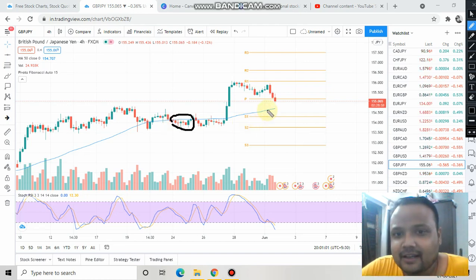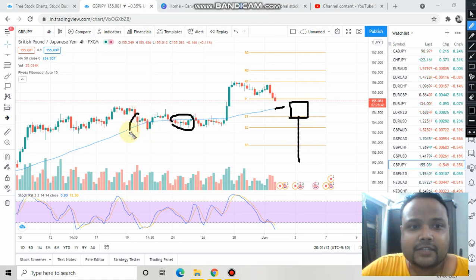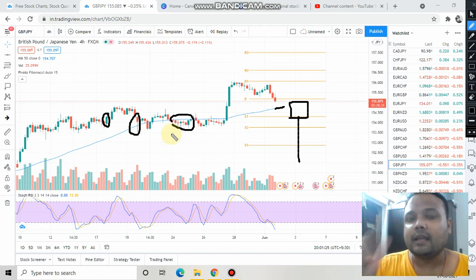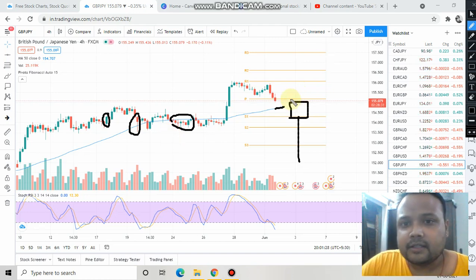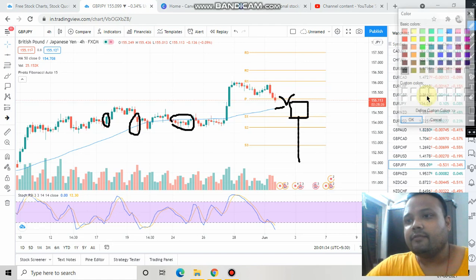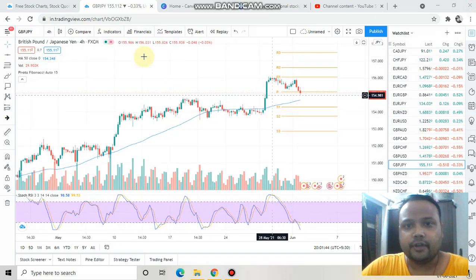So if the market comes down to the 50 moving average, wait for the confirmation. Confirmation can be in the form of a hammer kind of candlestick pattern, or a price rejection from below, or a candlestick like this, or a green candle like this. Once you get a confirmation that yes, the 50 moving average is still providing the support to the market, then you can go for the buy order. When you see that the market is bouncing from the 50 moving average, then you'll get a confirmation that yes, the 50 moving average is the valid support. Then you can go for the buy order. So this is our first trading opportunity.